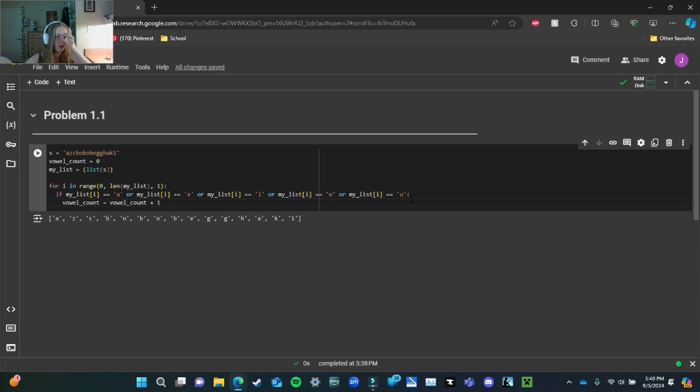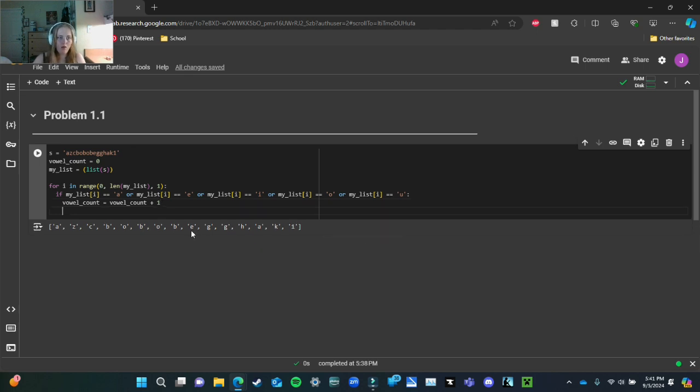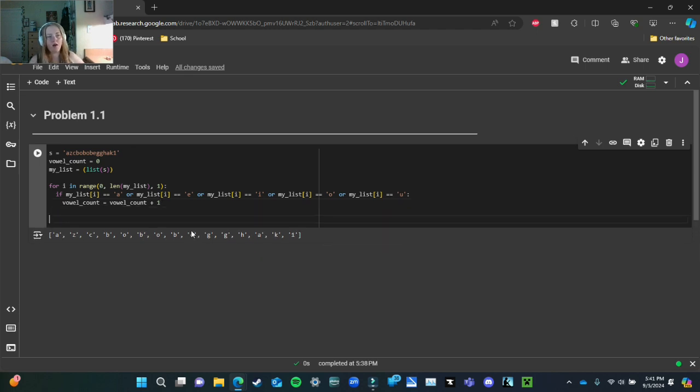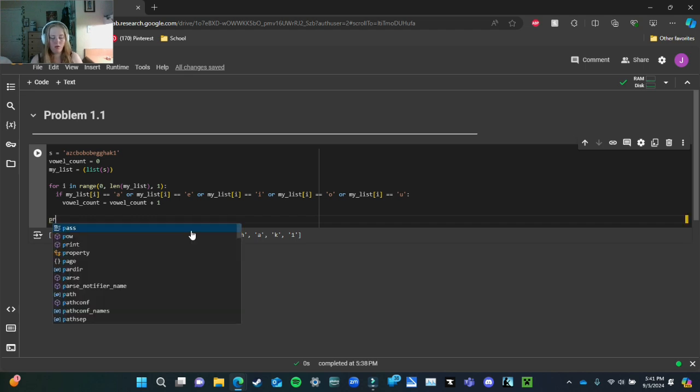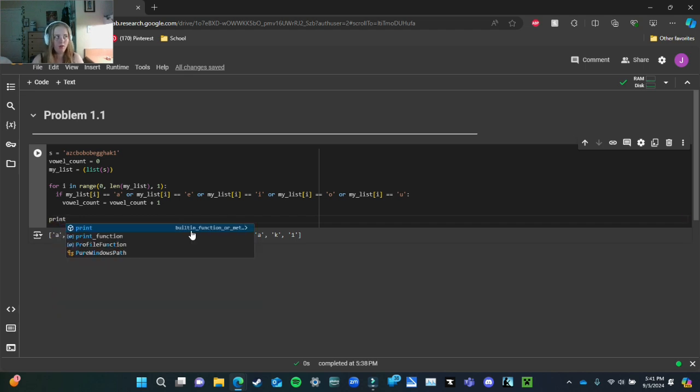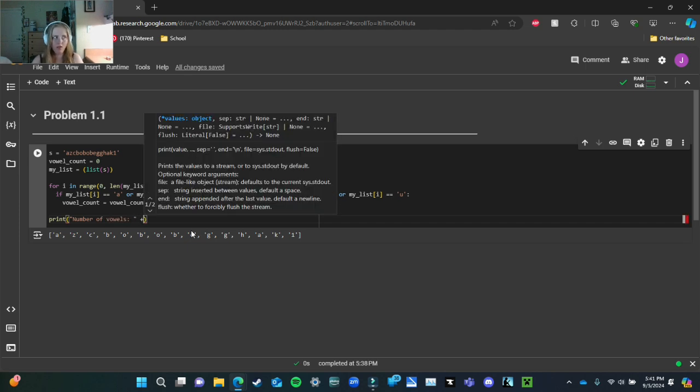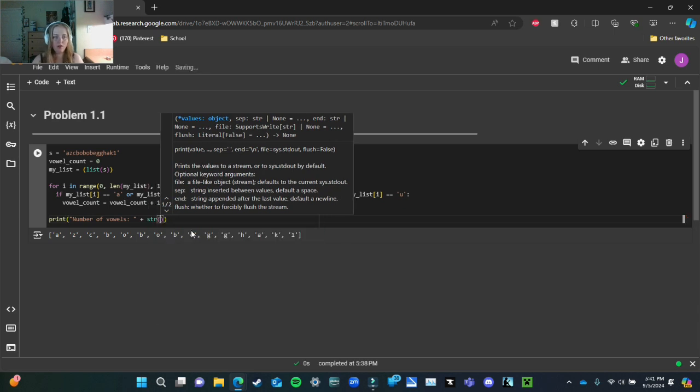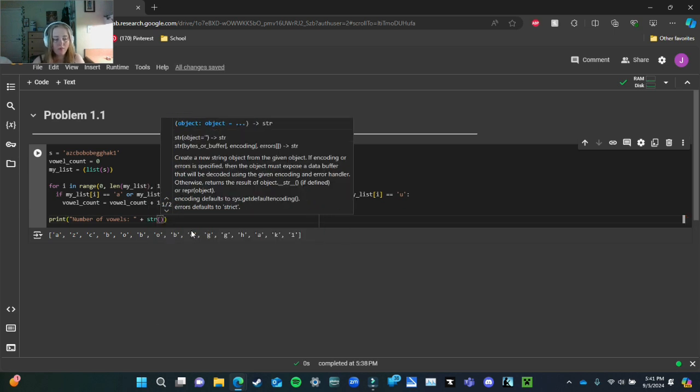So this is what we are doing. This is going to basically tally up how many vowels are in this by going through the entire string. Okay, so now we're going to print number of vowels plus string, which turns that number from the vowel count variable into a string. Otherwise, it will get an error message